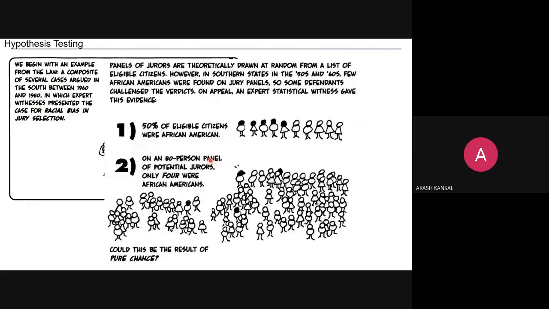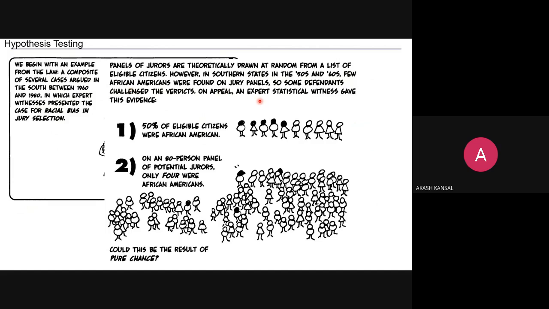Let's see how. Panels of juries are theoretically drawn at random from a list of eligible citizens, right? This is supposed to be the norm, that there should be a random selection. However, in the southern states in the 50s and 60s, few African Americans were found on jury panels. Jury panels are the group of people who decide on a case, hearing all the facts. There were very few African Americans on the panel, so some defendants challenged the verdict,